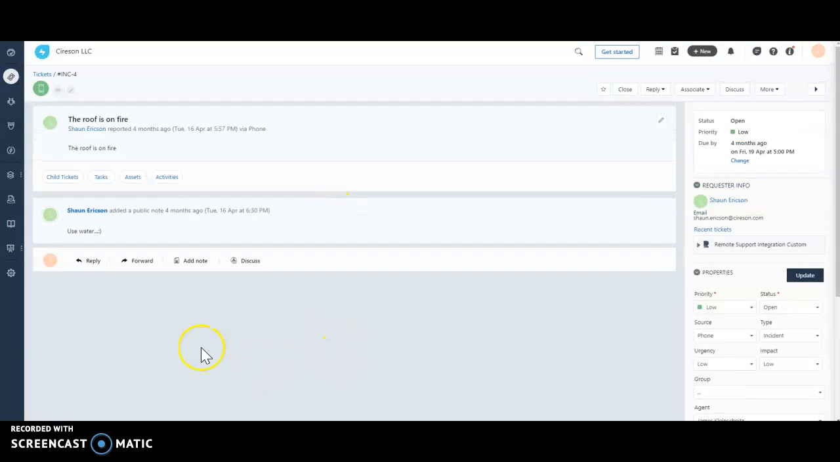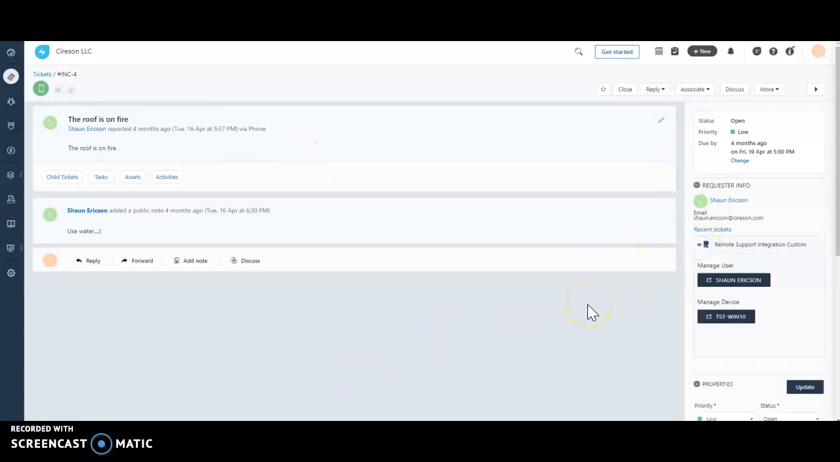You see an incident for Sean Erickson. And for Sean Erickson, we now see that within the integration pane, we have two options for this incident. One, we can manage information from Sean Erickson, or we can manage information from the device that Sean Erickson is